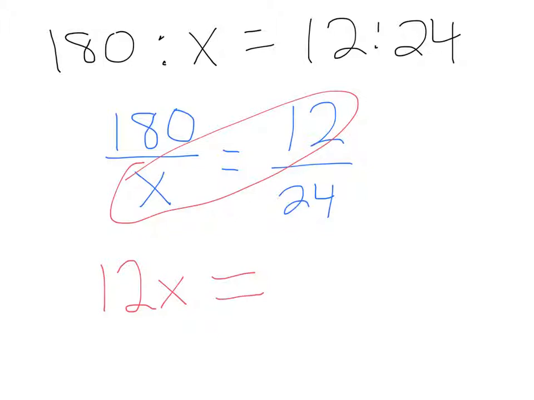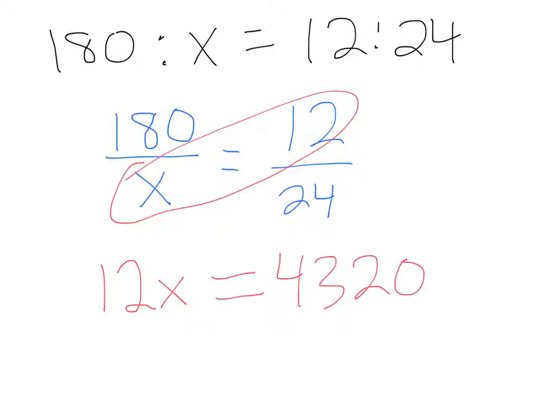That gives us 4,320. So I would write that as 4,320. Okay, so now I'm left with this pre-algebra problem. When I multiply both sides, I have 12x is equal to 4,320, which means that 12 times something is equal to 4,320. So looking at pre-algebra real briefly, if you're not already familiar with how that pre-algebra works,